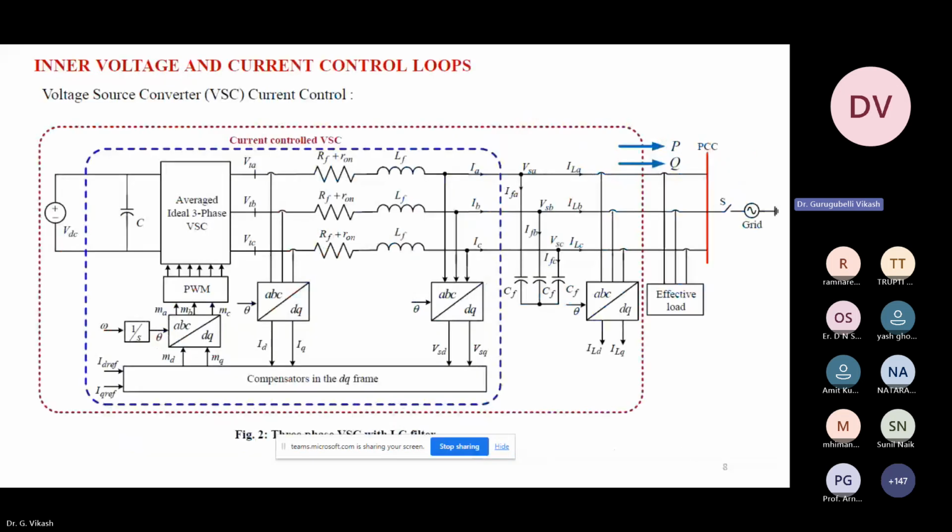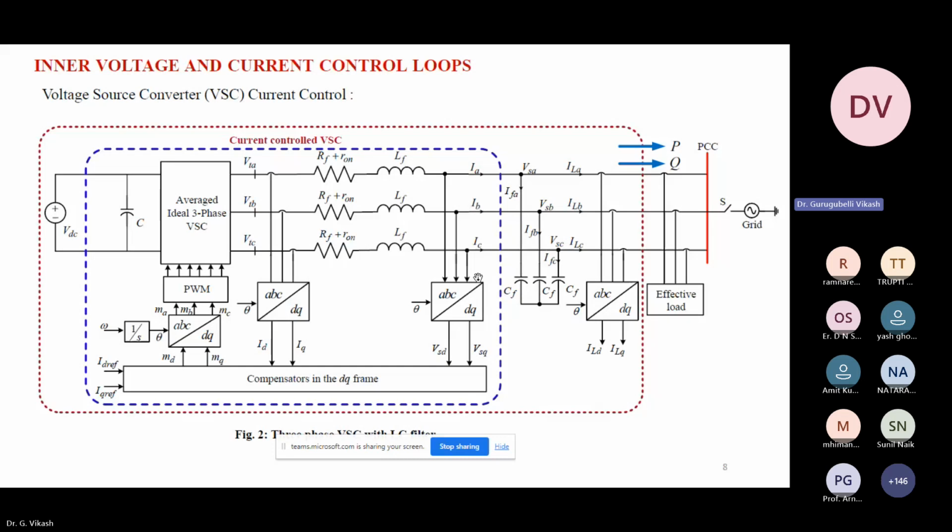And here my main idea is grid forming inverters. Grid forming inverters means, now our synchronous generators are connected in parallel. So they will follow the droop law. If the load active power or reactive power is changing at the point of common coupling, accordingly the inverters will share their powers. So here also our inverter should mimic the synchronous generator. That is the main idea. For that we need to control that inverter in such a way that it will act like a synchronous machine. So this is the simple single phase inverter